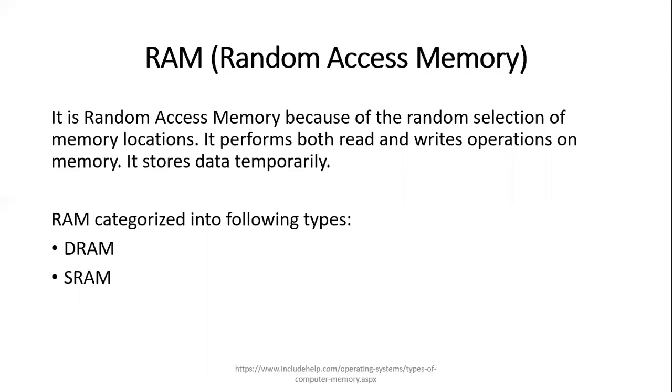Now there are two categories of RAM, as you can see in the list. One is called dynamic RAM, DRAM, and the other one is called SRAM. DRAM is a type of random access memory used in computing devices. It is made up of capacitors and transistors. This type of memory is generally slower than the SRAM when it comes to accessing the data, and also it is much cheaper than the SRAM.